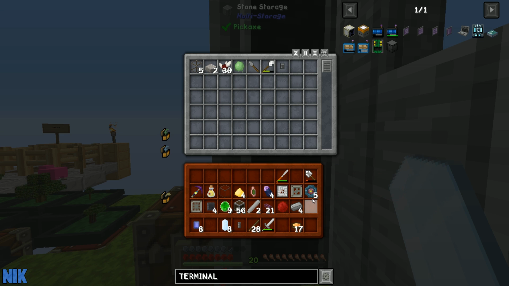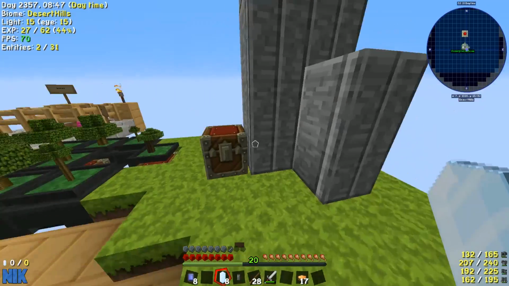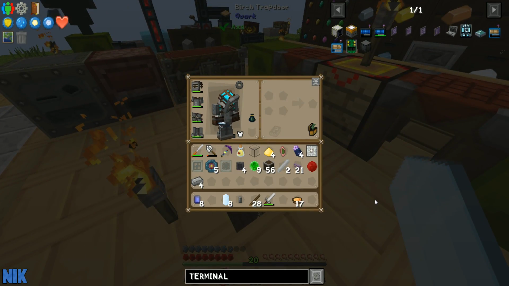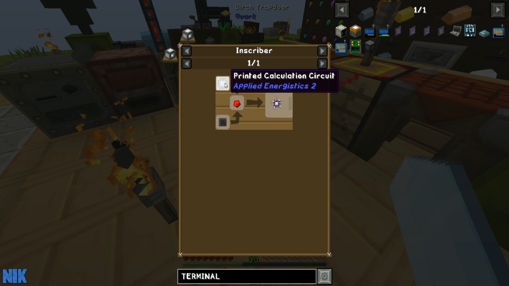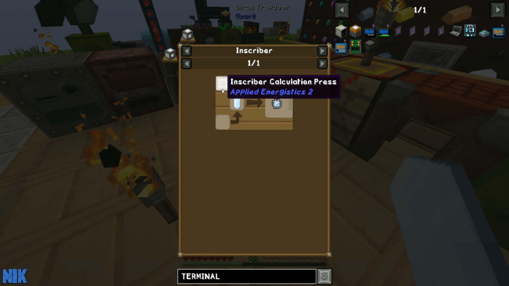Obviously, there is a machine that turns Ceratus quartz into Ceratus quartz dust. It's called a pulverizer, Nick. No, I know, but can we? We're not in a position where we can make it yet, though, are we? I mean, probably pulverizer. We gotta go through embers to get to it, I think. Let's have a look. We need 4. Right, there was one thing I didn't make. It was the calculation press. Right, okay. So no, we can make a pulverizer, but it's just